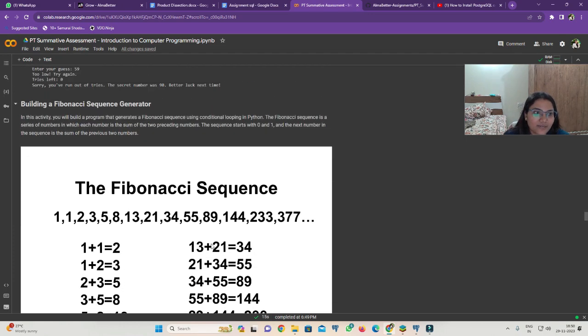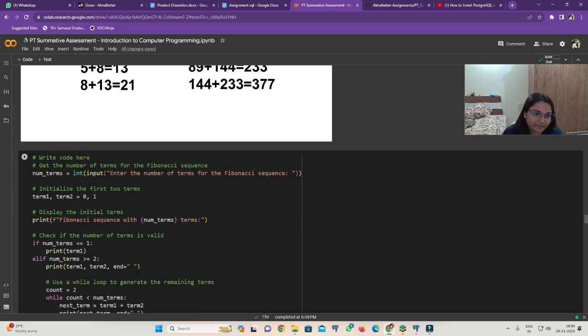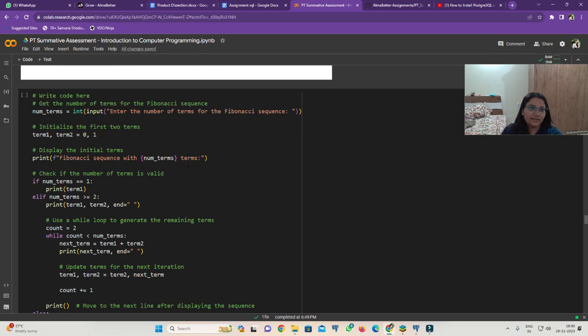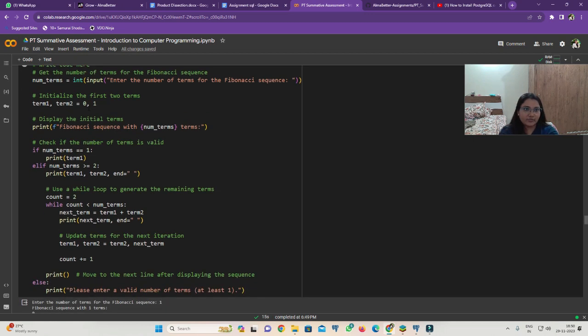And next we are building a Fibonacci sequence generator. For that we are getting the number of terms for the Fibonacci sequence, so we are using the input method for that. Then we are initializing the first two terms, 0 and 1. Then we are displaying the initial terms